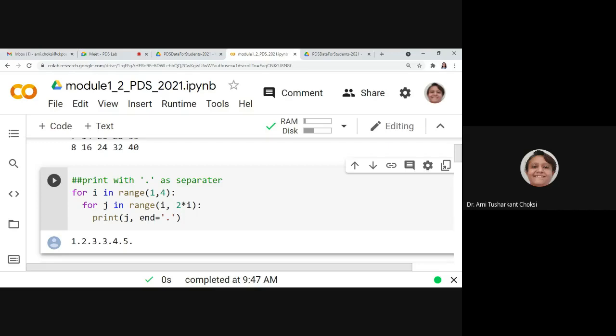Without that, if the output is asked as 1, then in new line 2, in new line 3, in new line 4, and you are giving the output as this, is it similar? No, it is not similar. It will give you wrong output, right? If it is said that you should print vertically, then you should print vertically. If it is said that you should print in one line, then you should print that way only, right?